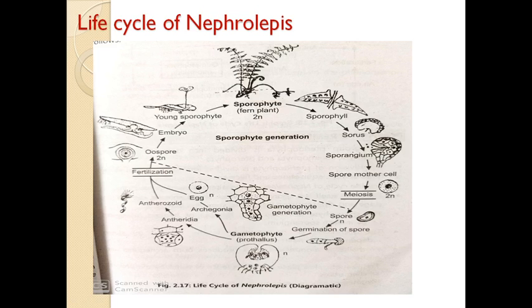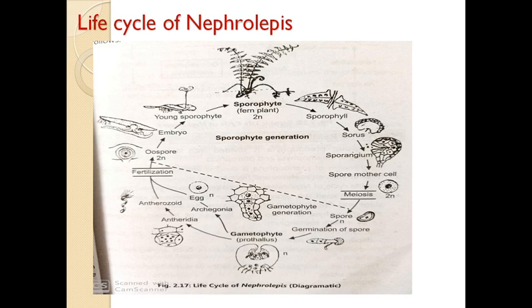The prothallus is green and monoecious. It produces both sex organs, antheridia and archegonia. Antheridia are the male sex organs, while archegonia are the female sex organs. Archegonia produce the haploid egg, while antheridia produce the haploid antherozoids. Then fertilization takes place. For fertilization, water is essential, and it takes place in the presence of water by the process of chemotaxis. The gametes fuse to form the diploid zygote, or oospore.